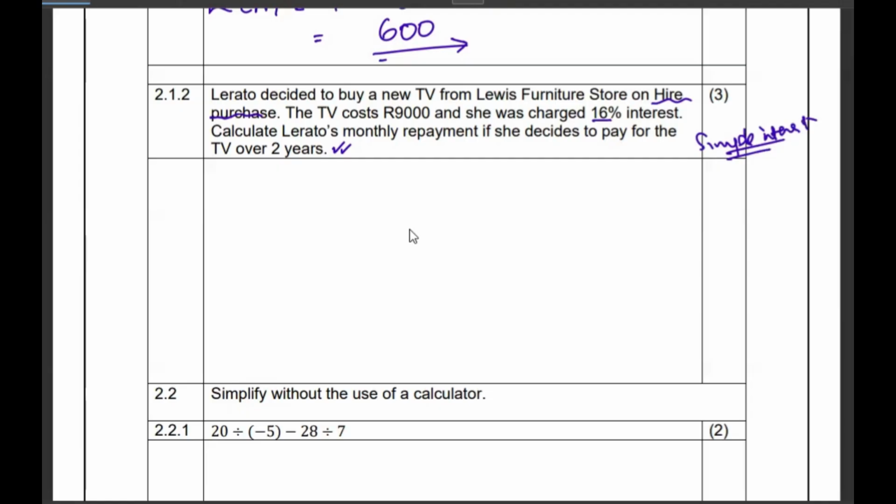Okay. So in other words, this 9,000 is more like a loan amount that is given to Lerato. So we're going to write down the simple interest formula, because we want to see how much Lerato is going to pay overall. So the P is the initial amount, which is the 9,000. 1 plus 16% is 16 over 100 multiplied by 2 years. Okay, when I punch this into my calculator, we're saying 16% times 2, I'm getting